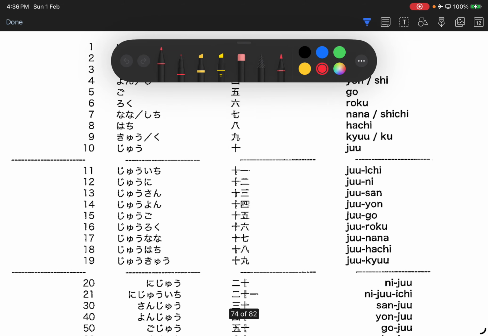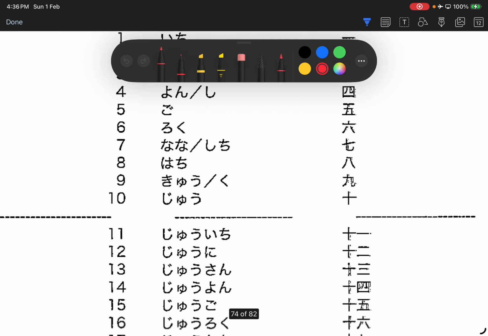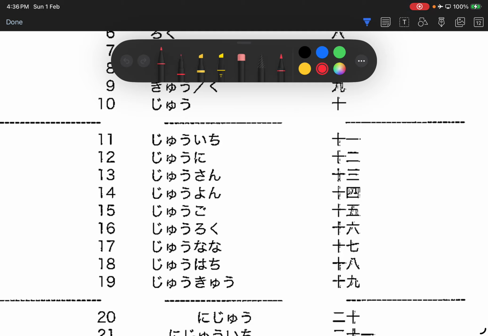Okay. So let's talk about the number system. Just repeat after me. 1, 2, 3, 4, 5, 6, 7, 8, 9, 10, 11, 12, 13, 14, 15, 16, 17, 18,